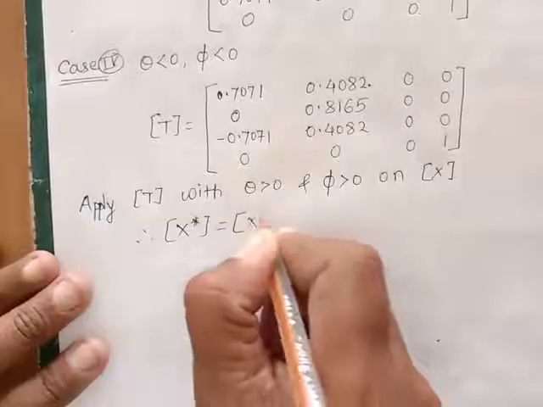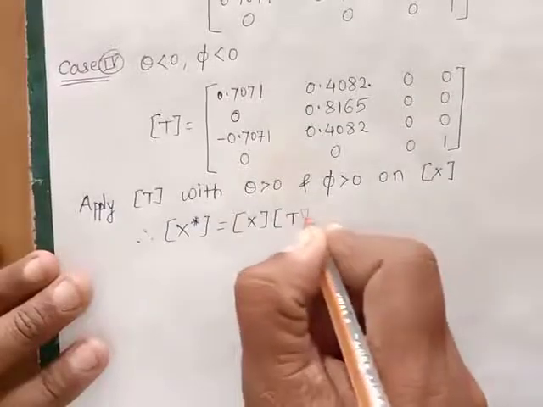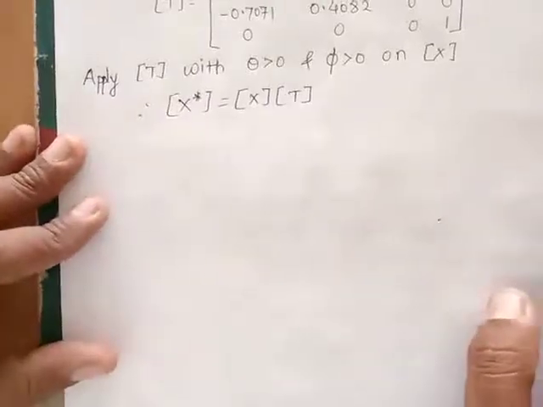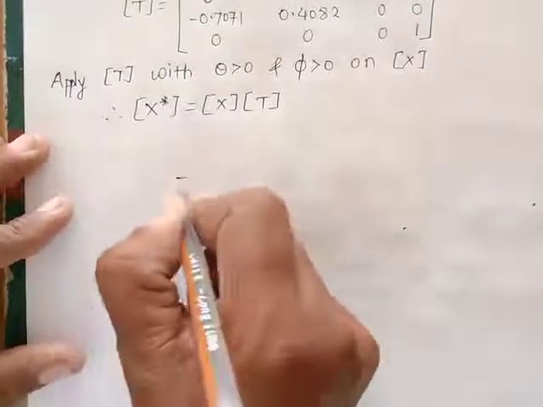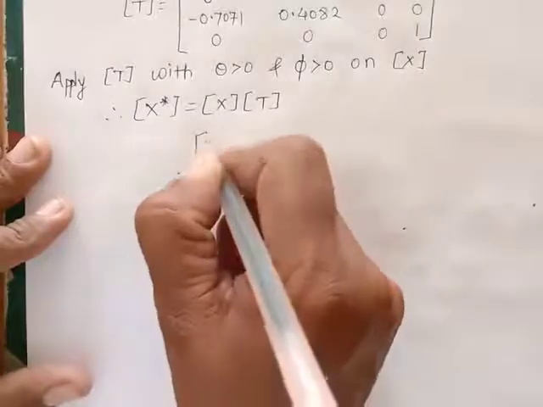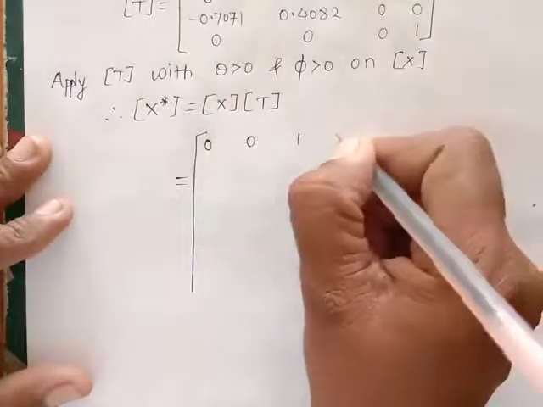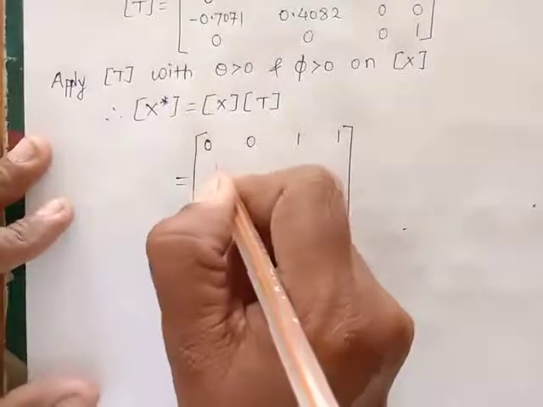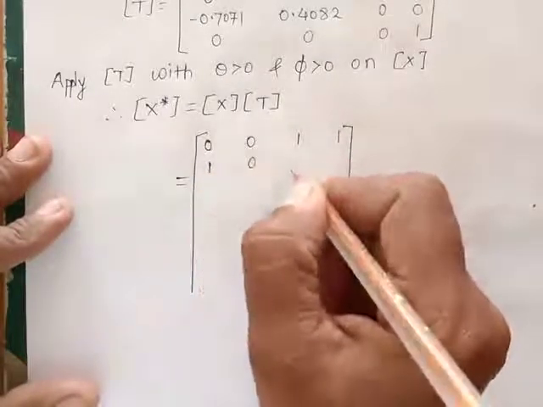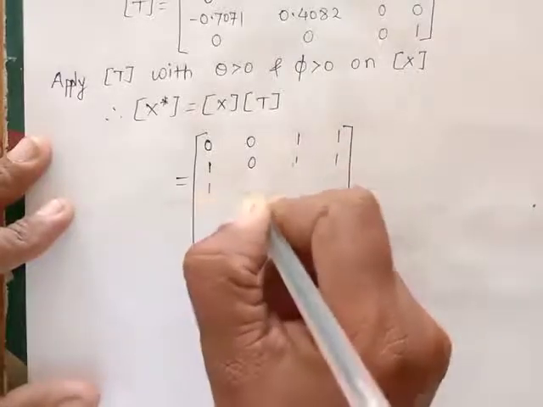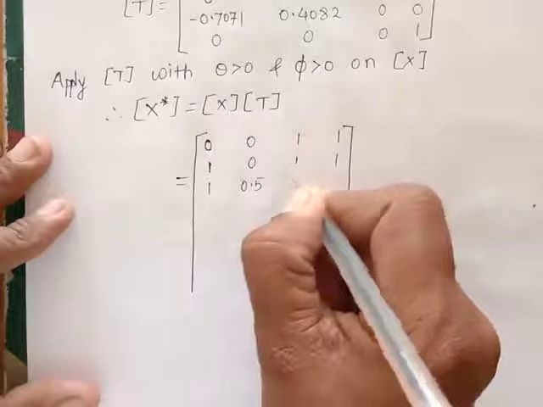It is X into T. So let's write X as well as T here. What is X? It is given to us in the question that X is 0, 0, 1, 1; 1, 0, 1, 1; 1, 0.5, 1, 1;